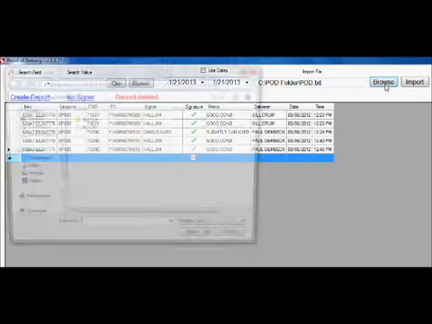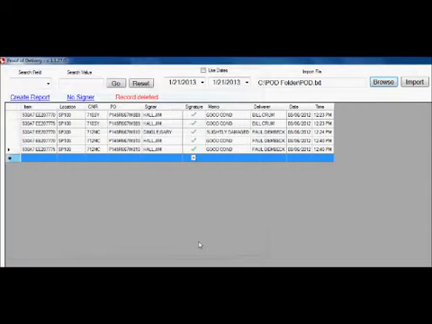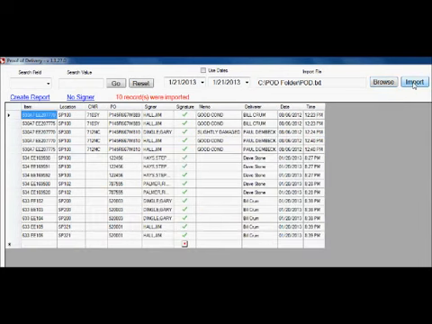So if I browse, I can look at it. There it is. It's in that folder right there, POD folder. And all I have to do is click the import button, and the data will be transferred. As you can see, the data came in, and here is the data, item, location, PO, for example, who signed